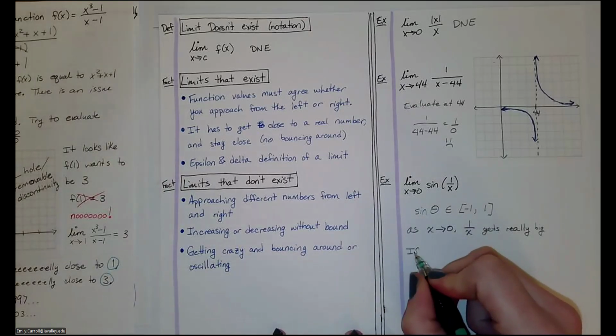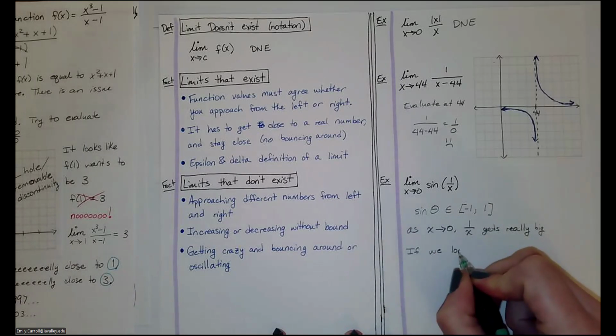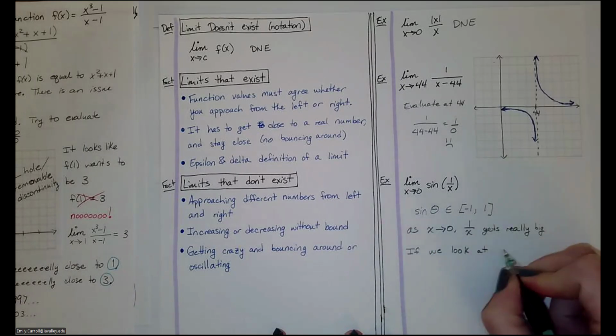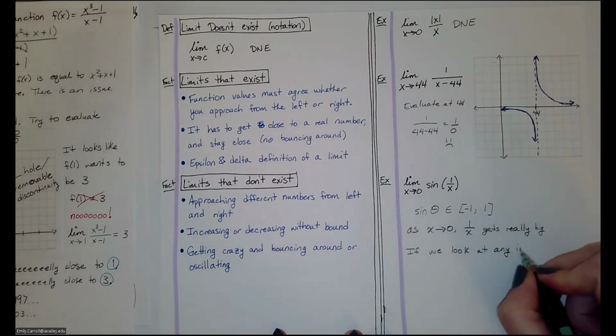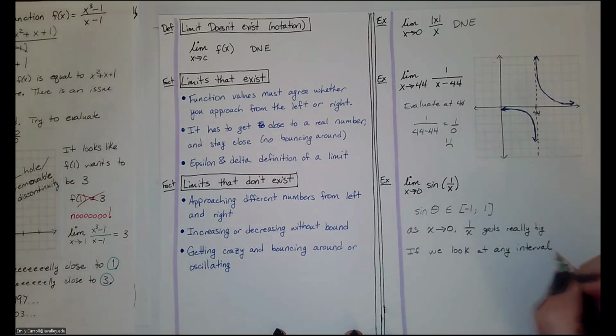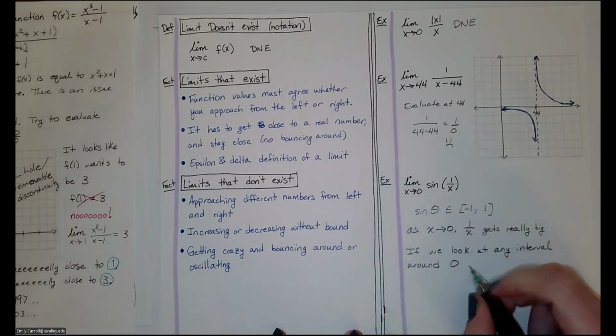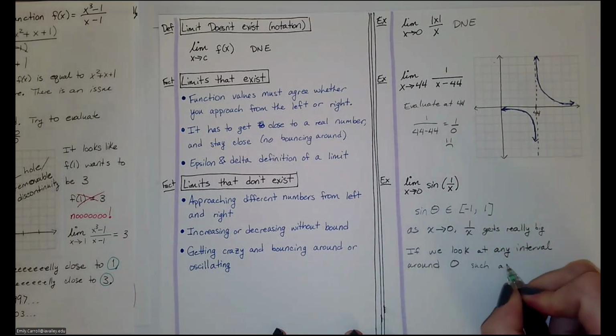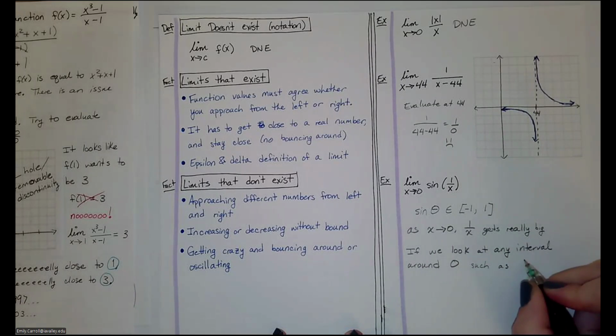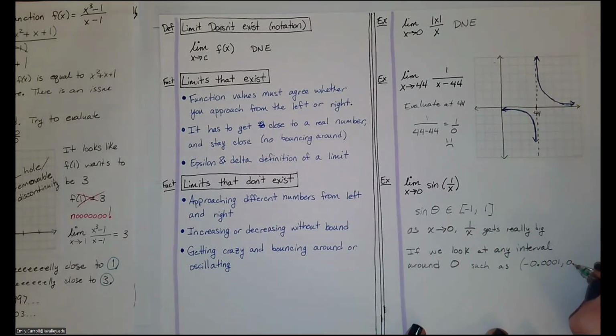So if we look at any interval around 0, such as negative 0.0001 to positive 0.0001,